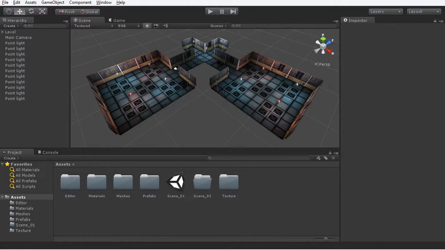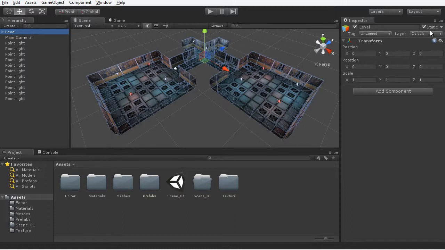So in this movie what I want to do is to bake a quick light map for our level. This light map will mean that the lighting information will be embedded into the textures of our level, and it will save the computer from having to calculate lighting in real time, and that can give us quite a lot of performance benefits. So what I'm going to do here is just make sure I select the level object,